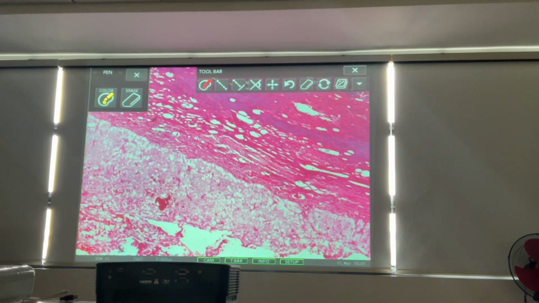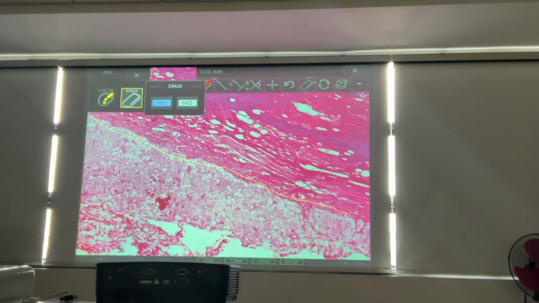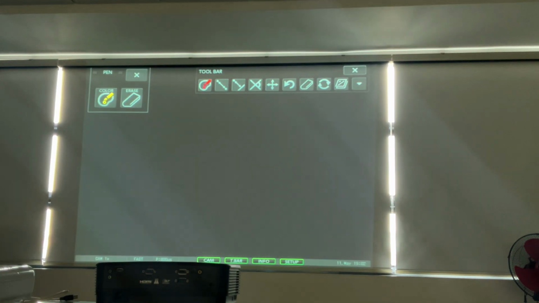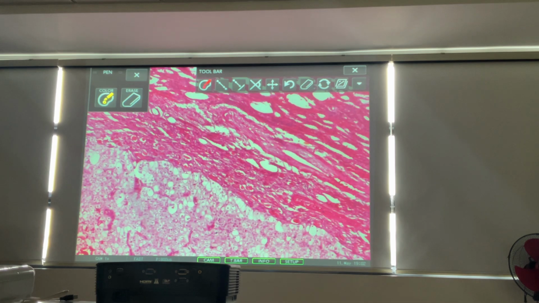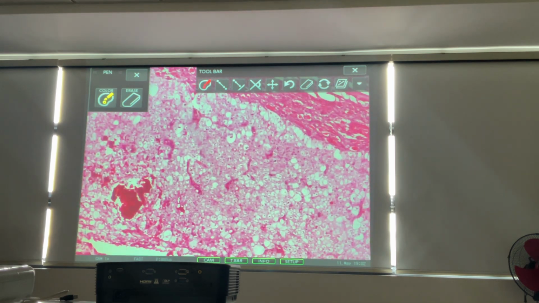Notice that although the tumor is well delineated, its borders are well defined, it is not encapsulated, which is a sign of cancer. The invasive nature of cancers is brought about by tumors not being encapsulated. So it's well defined, but not encapsulated. The tumor cells are paler in color than the normal kidney. And if you look at it at higher magnification, this is what you will see.